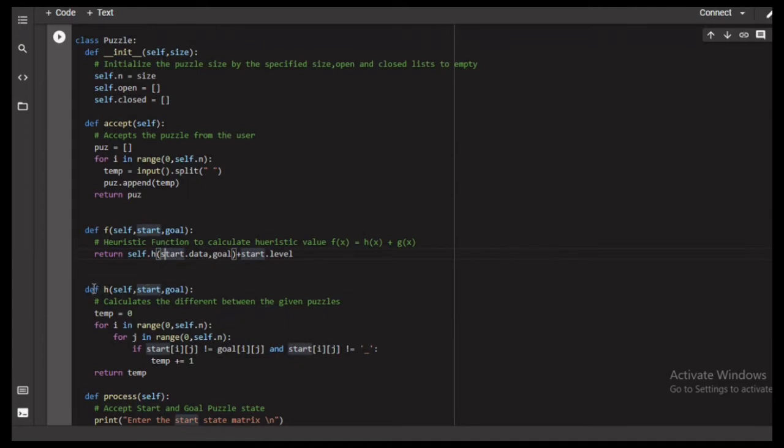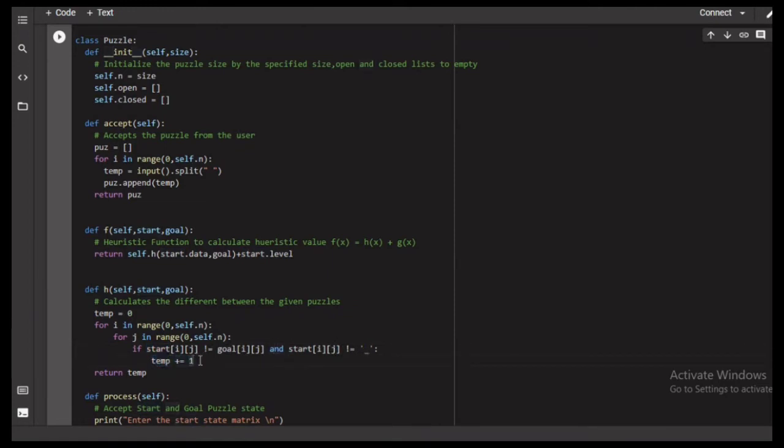So what we are doing here is calculating the difference between the given puzzle and the goal. We are initializing temp equal to 0, and we are looping through that particular loop, and if that particular root of i of j is not equal to goal of i of j, and which is not equal to an empty tile, then we increment the temp variable.